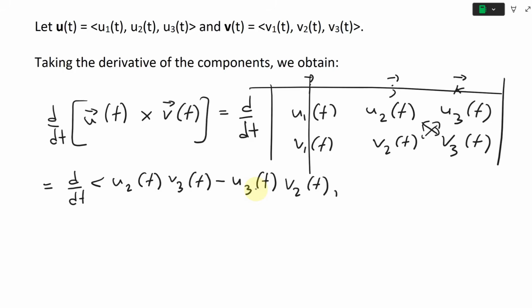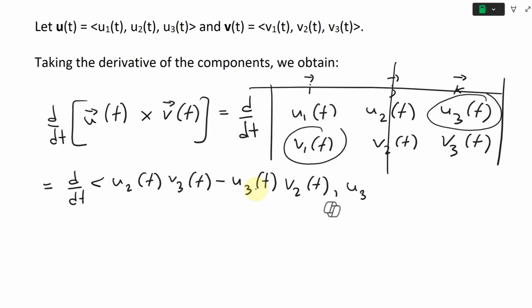Now the next component, we cross out this part. The middle one is special, so instead of going left and bottom right, we go right and bottom left. So it's u3 of t multiplied by v1 of t,